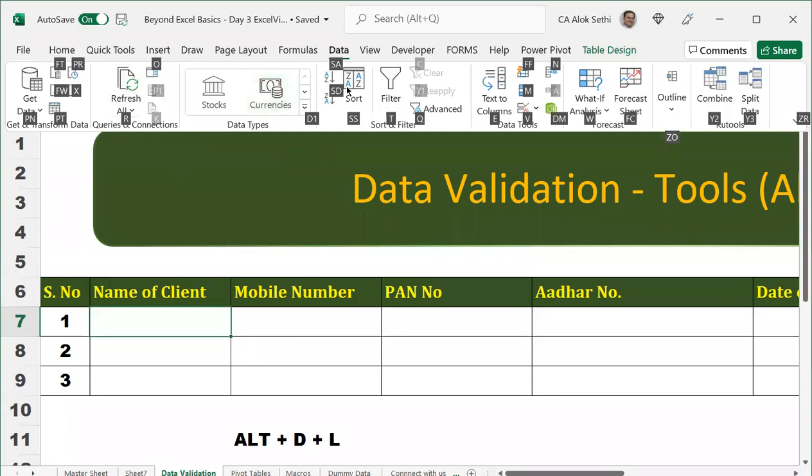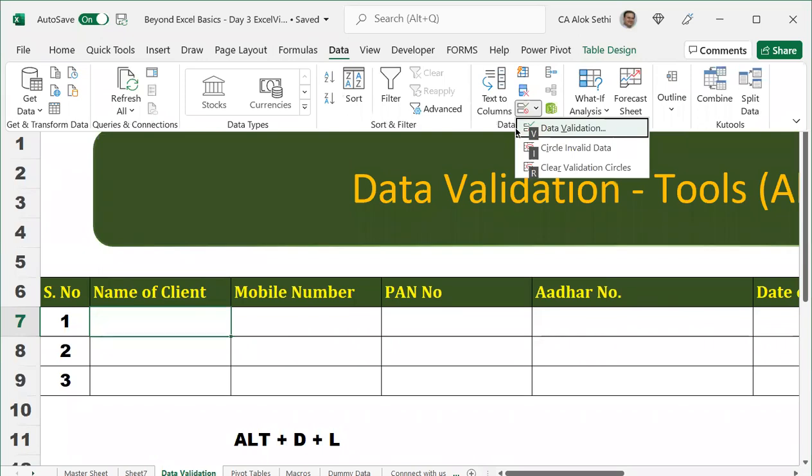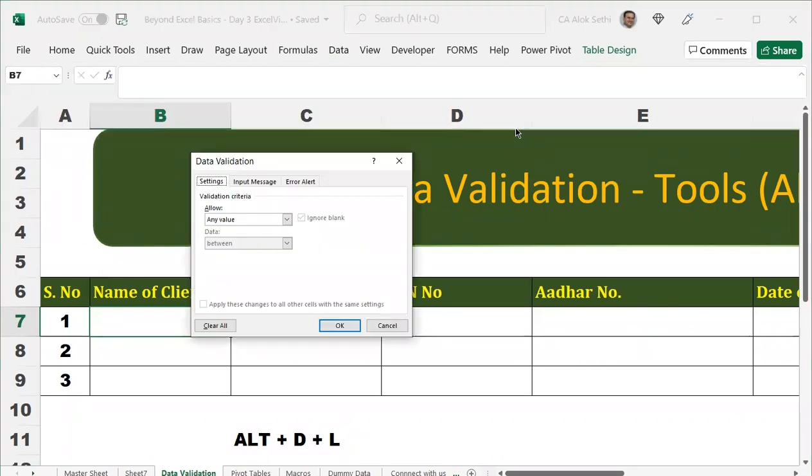ये रिबन के अंदर अलग अलग सेक्शंस हैं. हम इस सेक्शन की बात करें जो डेटा टूल है. डेटा टूल में आप वी पे जाएंगे तो डेटा वैलिडेशन देखेगा. अगेन यू प्रेस वी, सो अ थिंग्स पॉप्स अप. ये कुछ खुला है, उसको बोलते हैं डायलॉग बॉक्स. ठीक है, बिकॉज यू कैन डू अ डायलॉग, आप इससे बातचीत कर सकते हैं. ठीक है, Excel is one such program where you can